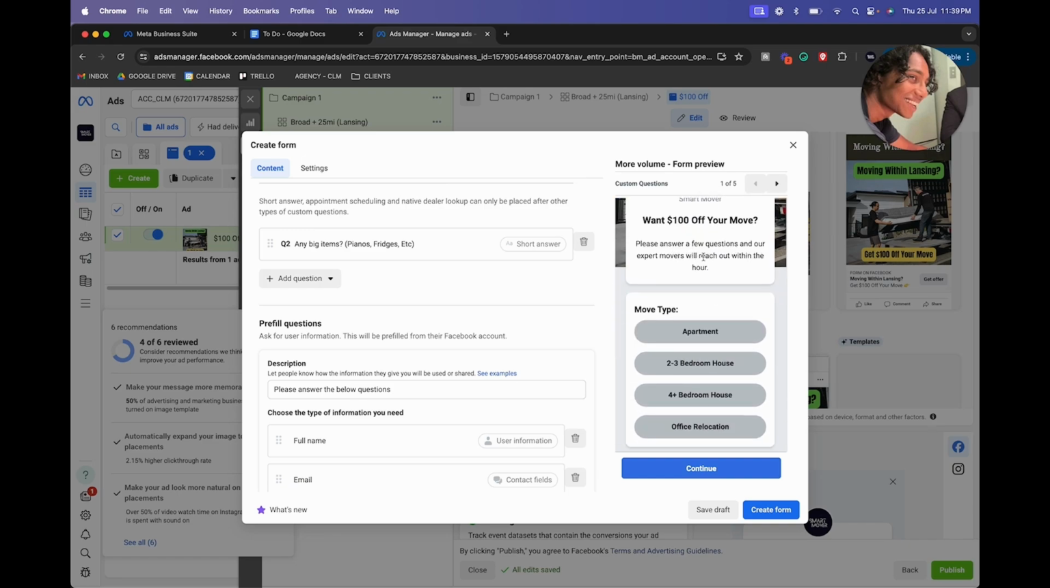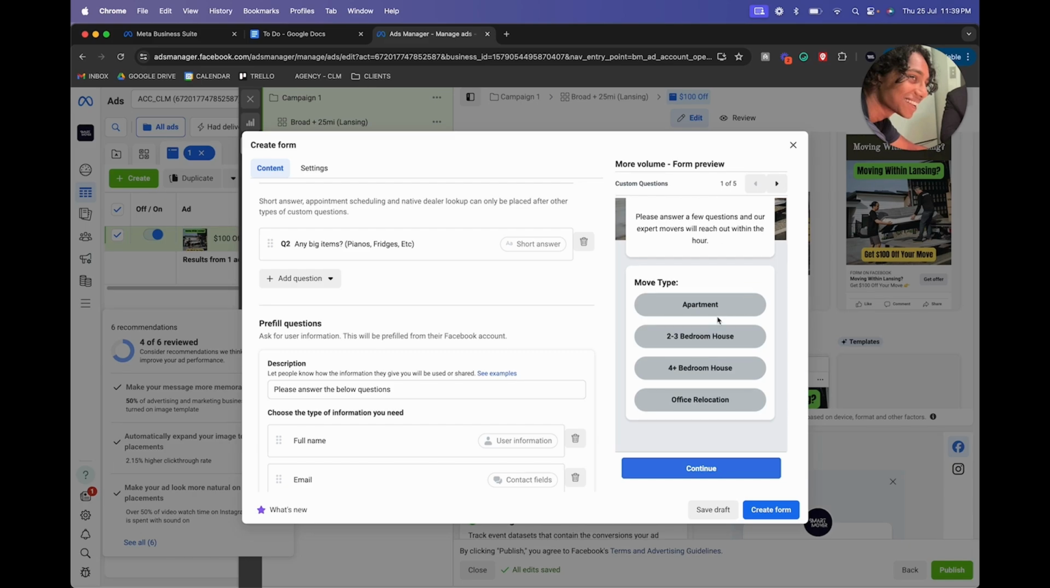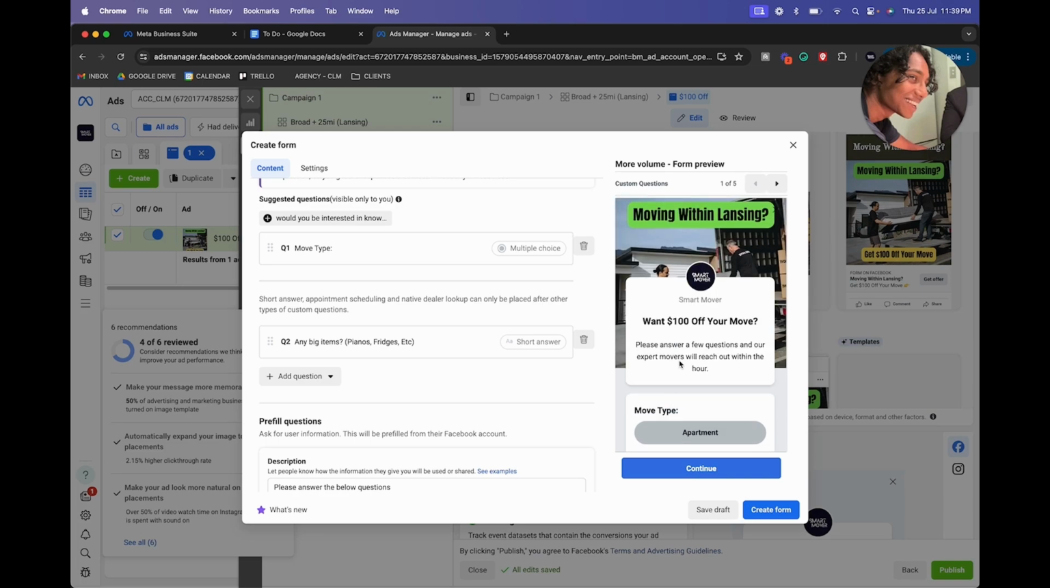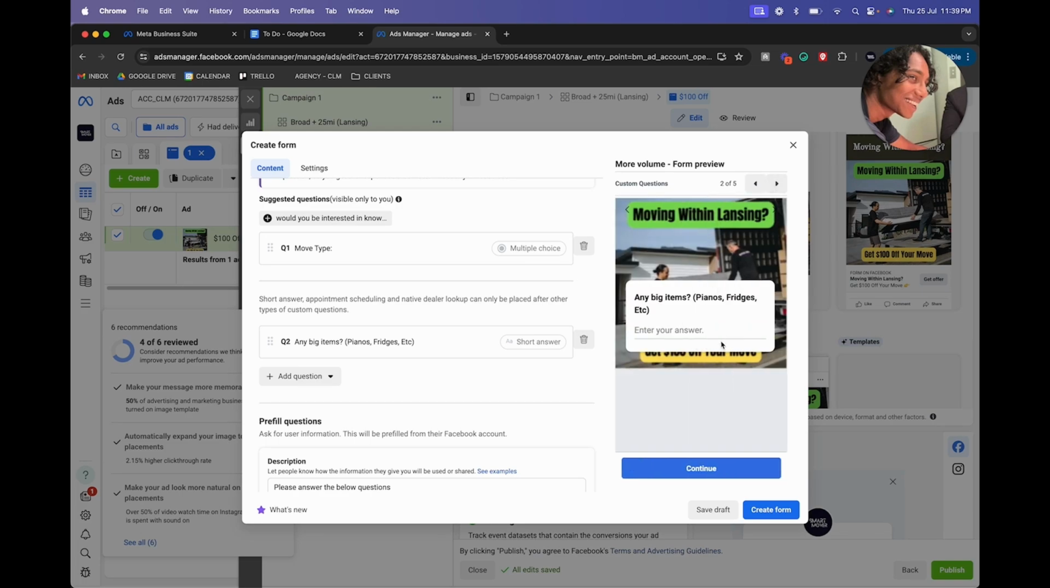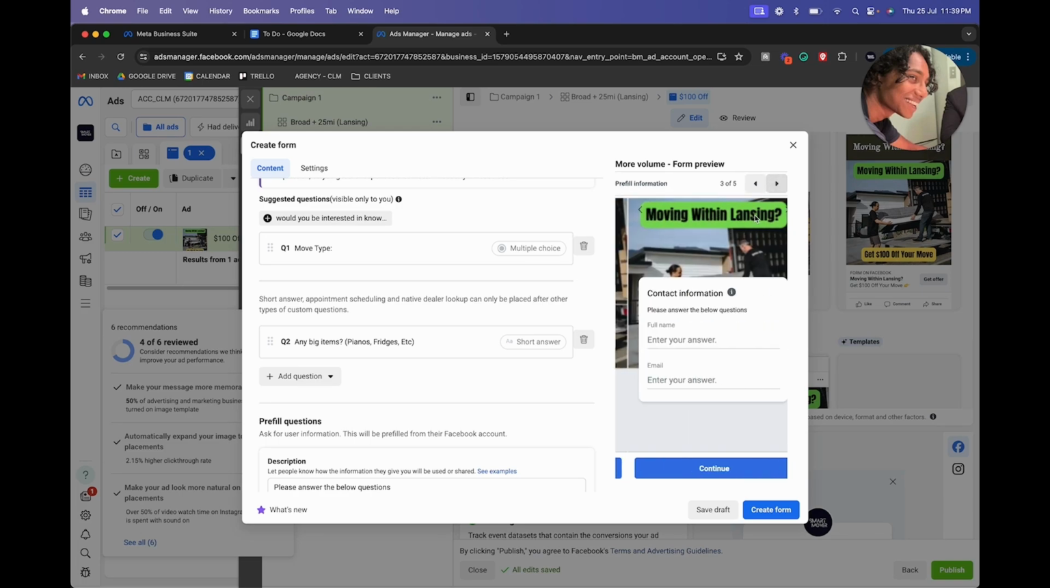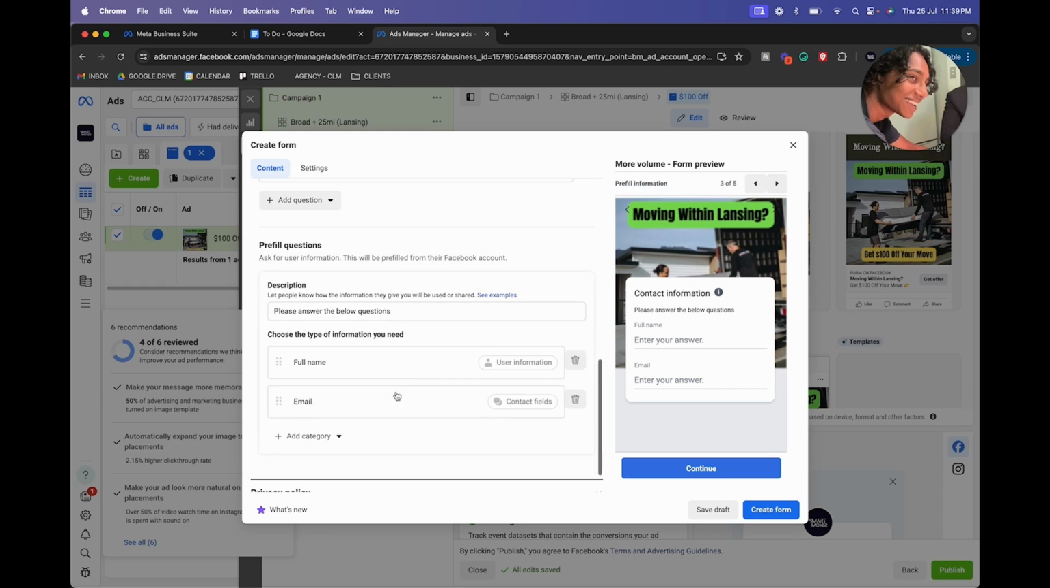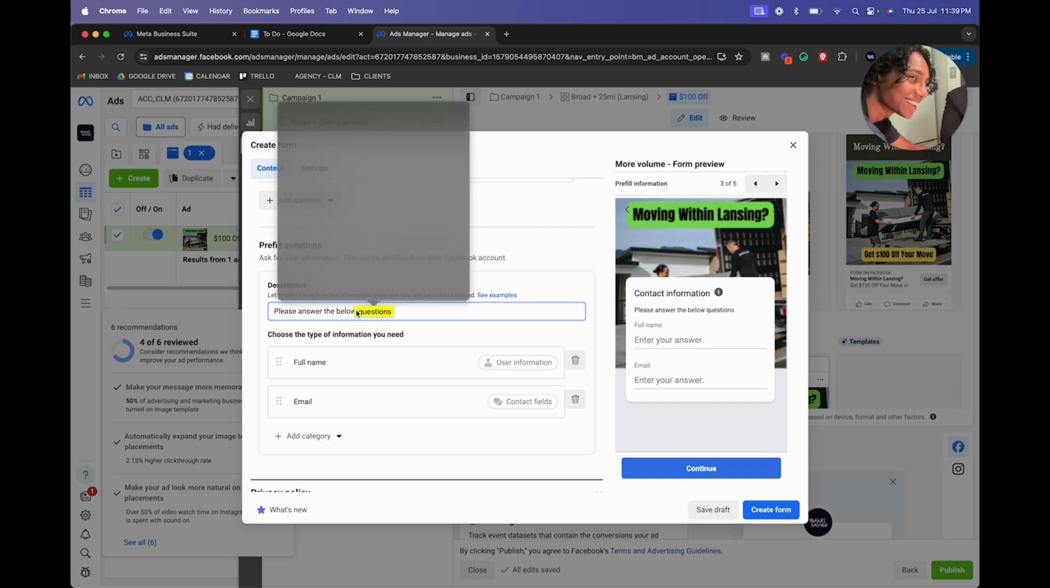Please answer a few questions, and our expert movers will reach out within the hour. Okay, and then they're going to get this, and once they answer this, the next question is going to be any big items. They're going to answer that as well, and then you're going to ask them for their contact information. So for their contact information, what you want to say is,